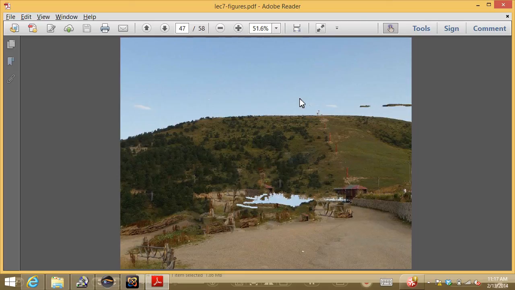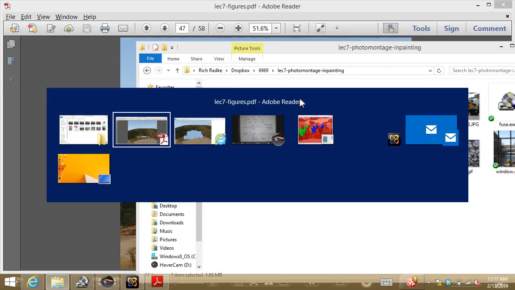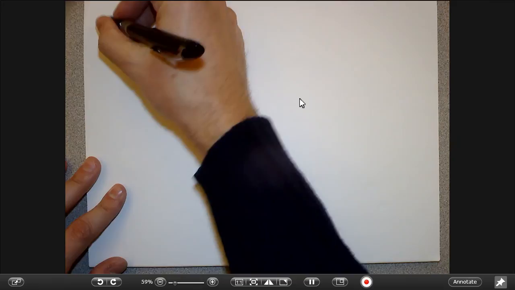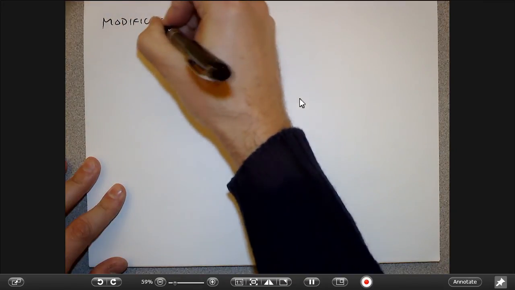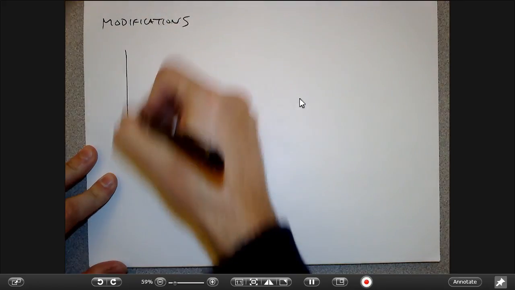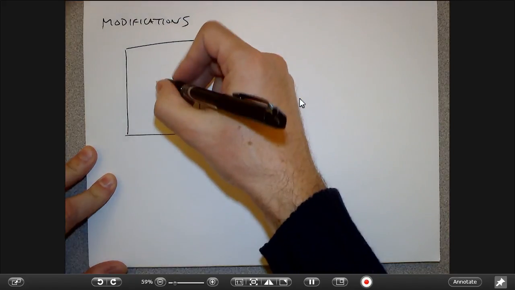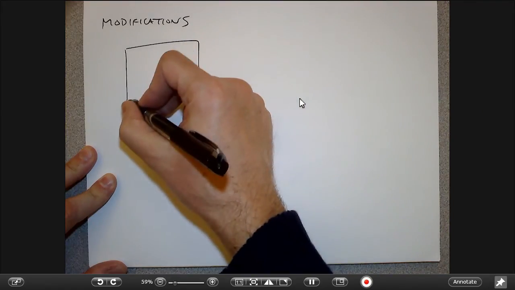So, what else do I want to say? I guess my final comment is that people did modify this algorithm in ways that made it smarter. One of the most frustrating things about the original algorithm was that you couldn't intervene, and there's nothing in the algorithm that really forces things like straight lines to be connected through the hole, right? So the problem is that you could easily get a situation where, say this is the hole,